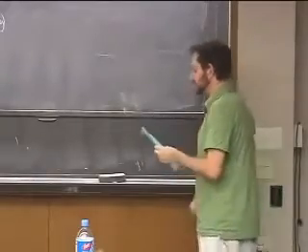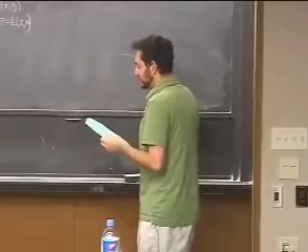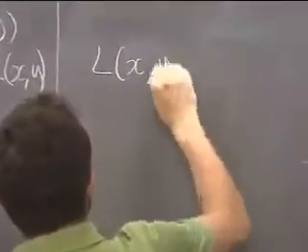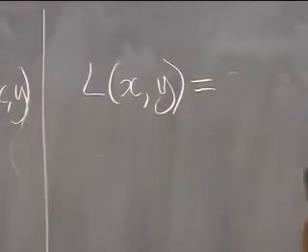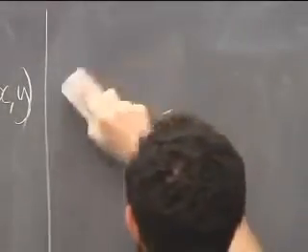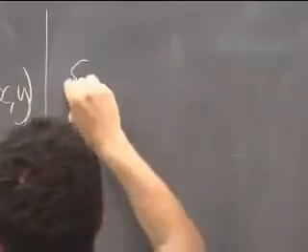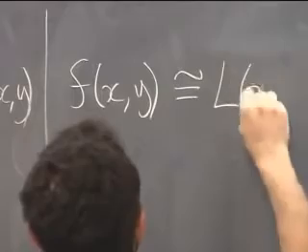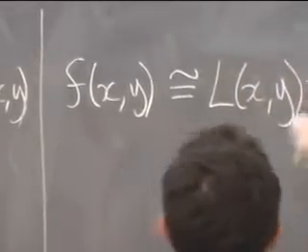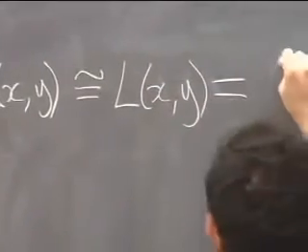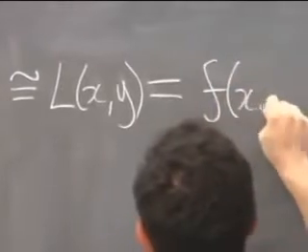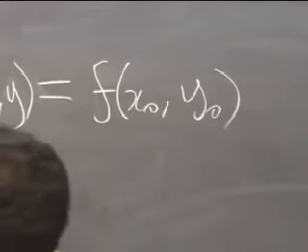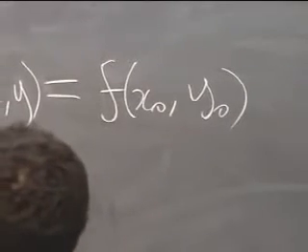I don't really have time to do it. It is in the book. But essentially, it comes out to this. L of x, y. And I want to emphasize, actually, that f is very close to it. So f of x, y is approximately L of x, y, which equals, by definition, first of all, you have the value of f plus the x derivative